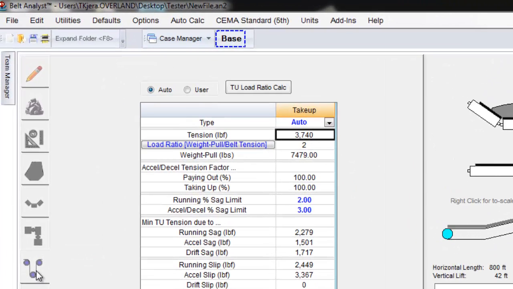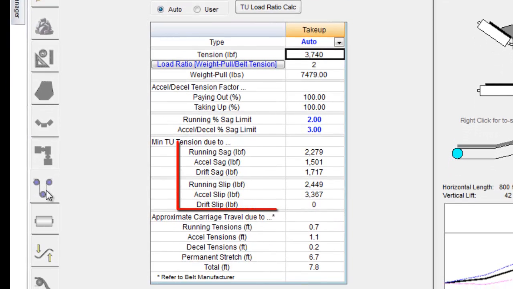So the Take-Up tab is defaulted to auto mode, which means that the take-up tension and the weight have already been selected for you based on 6 different values. These values include the minimum take-up tension required to prevent sag during running, acceleration, and drift, as well as the tension required to prevent slip during running, acceleration, and drift. It then finds the highest number of those 6 values and adds 10%, which gives you the 3,740 pounds of